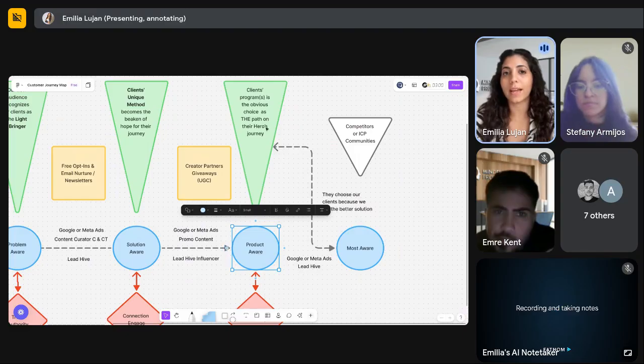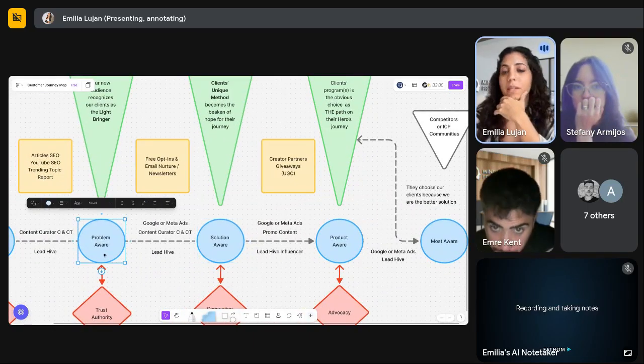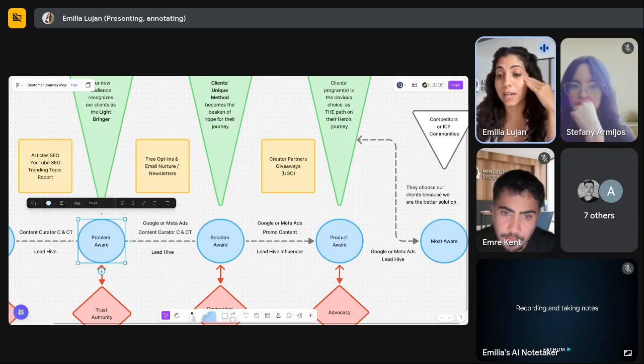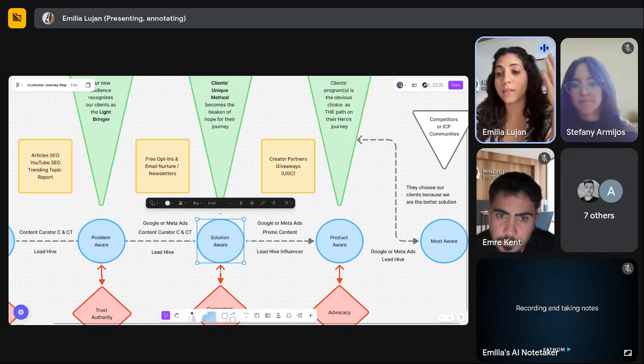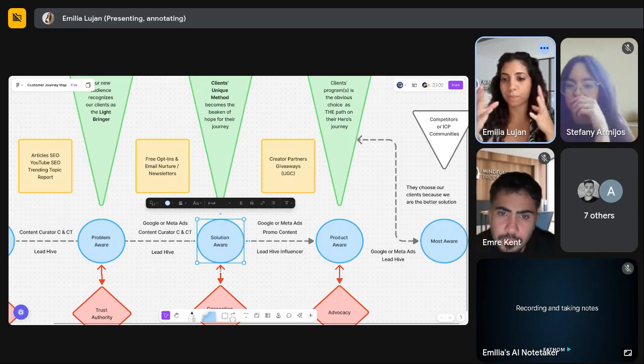Now the product aware, at this stage, let's go back to Sacred Site. So the problem is the BVD, binocular vision dysfunction. So, oh shit, I have anxiety, I have brain fog, it might be my eyes, that's the problem, binocular vision dysfunction. The solution is prismatic glasses, the type of therapy that Sacred Site uses, where you use micro prisms inside glasses, and that retrains your whole system and the way that your eyes process information.